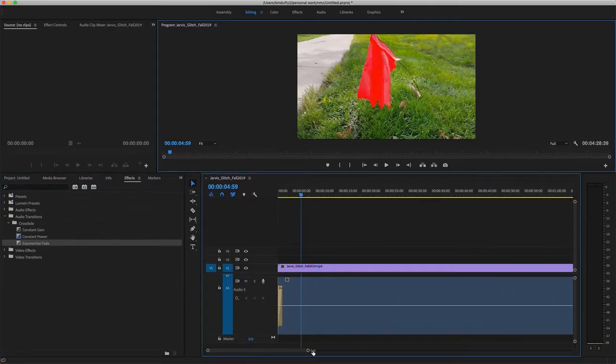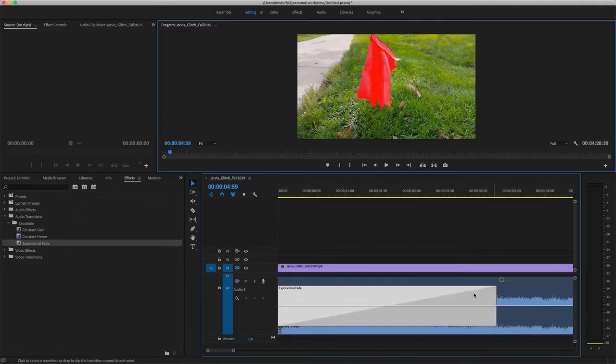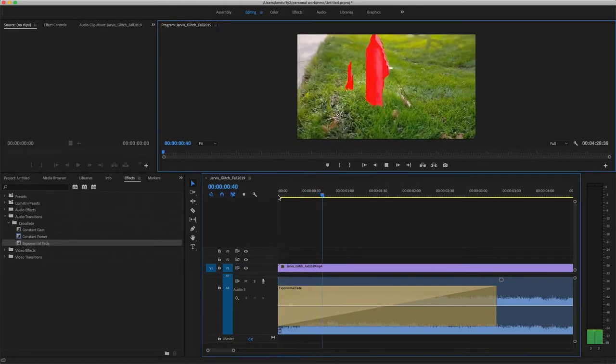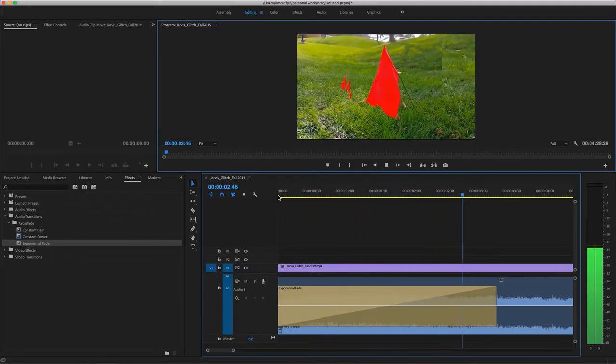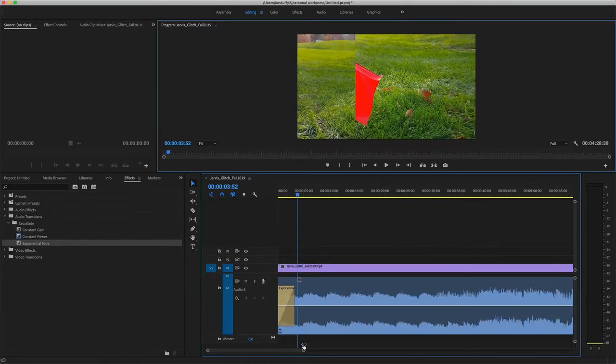okay? And again, if you just zoom in and select it, if you hover over the end, you can drag it, and they'll all sound slightly different. Okay, so that one starts a lot quieter and gets louder quicker. Does that make sense? Okay, so that's how you can fade in and out of audio, which will